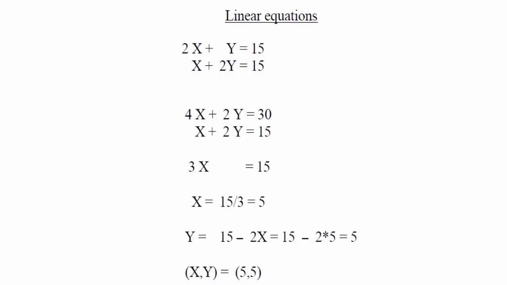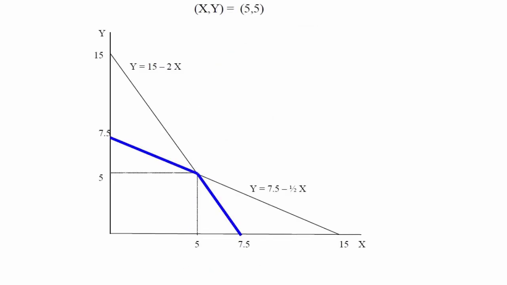Again, there's more than one way to solve this pair of equations, but the reason we are doing it this way is because we want to actually draw the two straight line equations, and when we have graphed them, we want to identify the production possibilities set for the purposes of this exercise. Calculating the equilibrium is secondary. We want to be able to see what the sketch looks like.